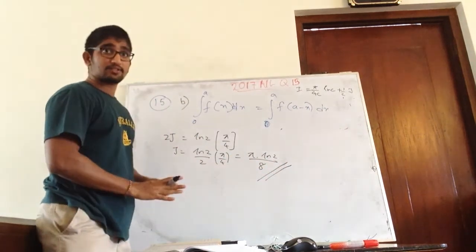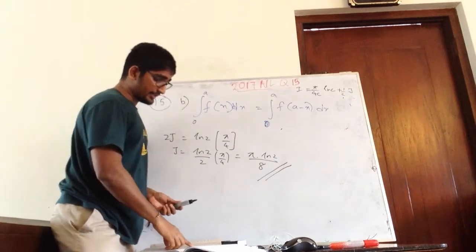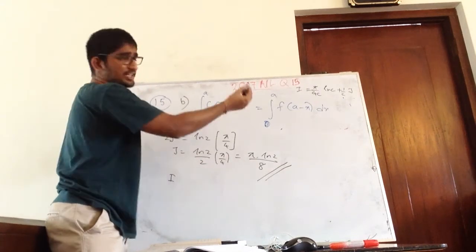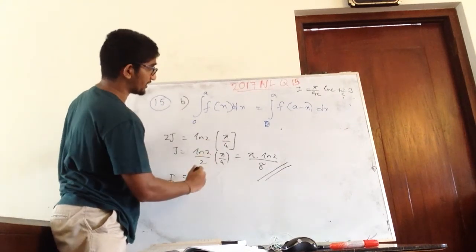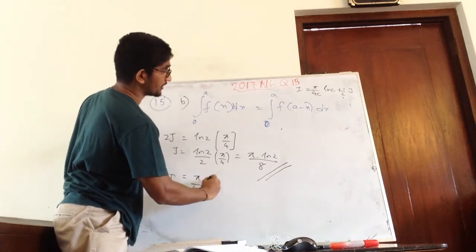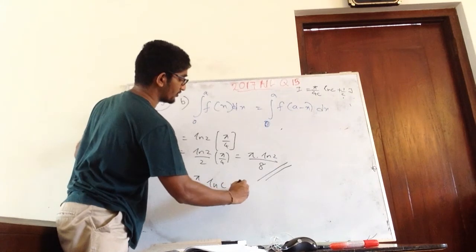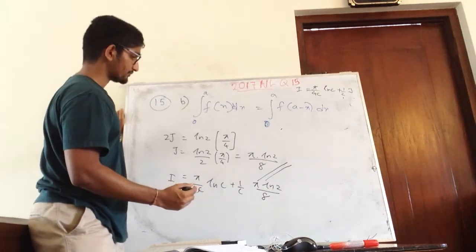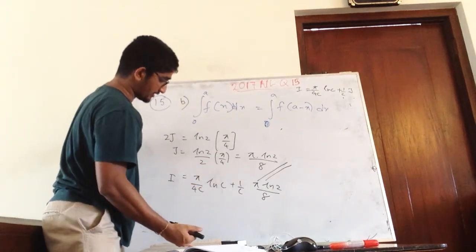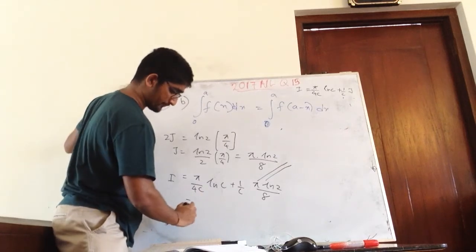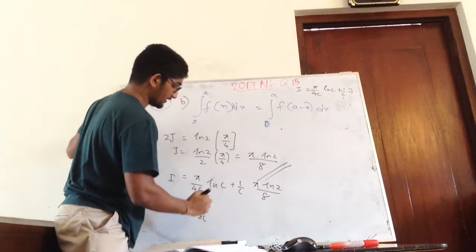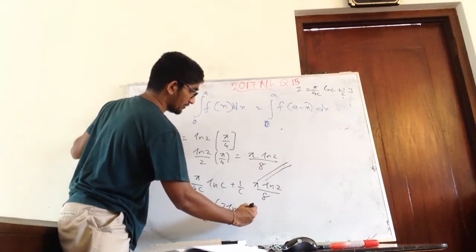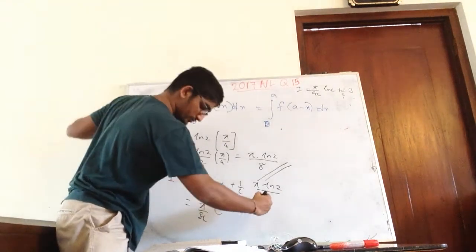So that is what they are asking as well. So then they are saying deduce that I is the given thing. So now I can just straight away substitute and get the answer. So I is what? Phi over 4c, ln c plus 1 over c, phi ln 2 over 8. Right? So they are asking in a common form. So I'll get phi over 8c. So if I took that out, I need to multiply this by 2. 2 ln c plus ln 2.